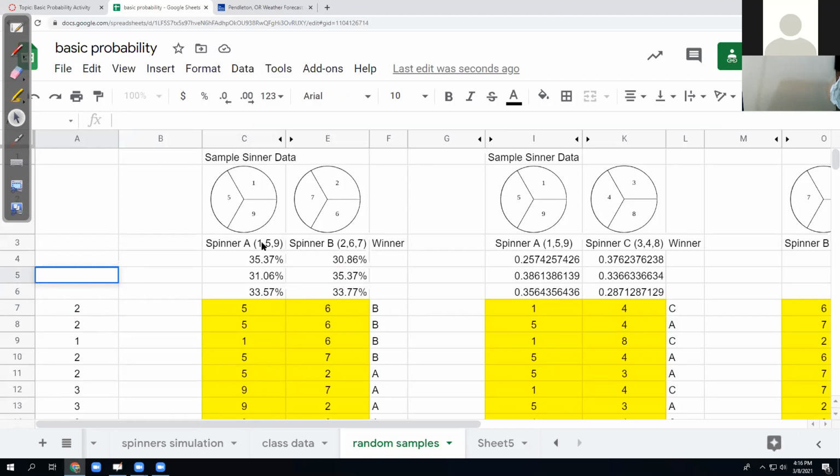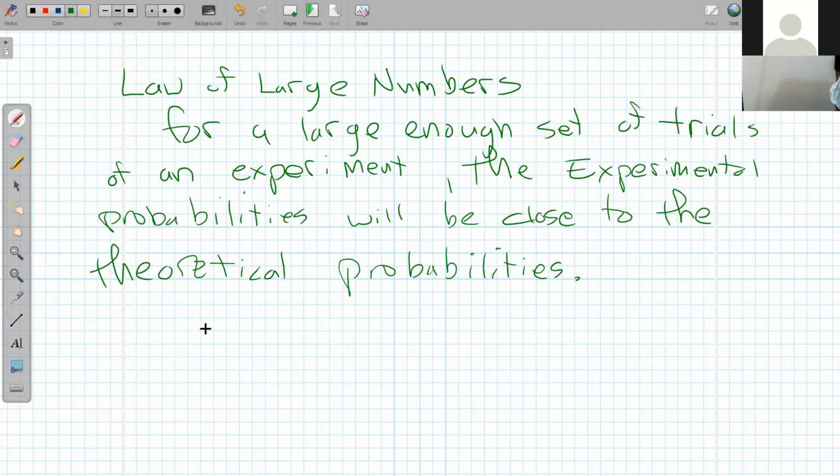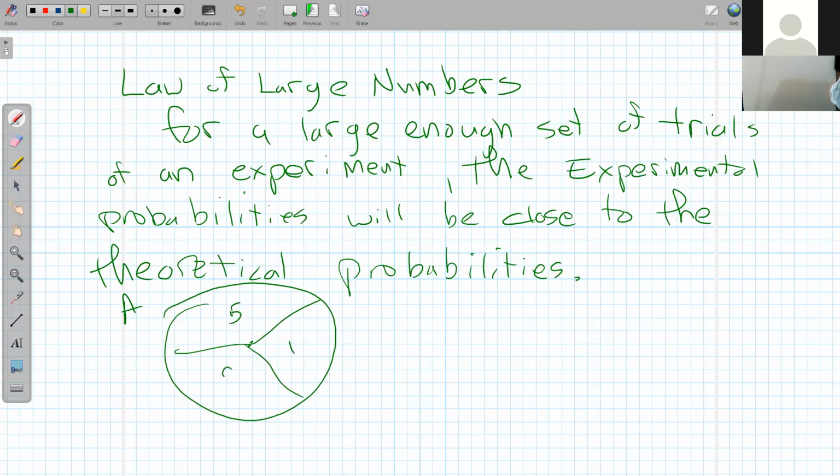Now, the theoretical probability here in my spinner, so let's look at spinner A. So A had a 1, a 5, or a 9. So theoretically, the probability of getting a 1 should be 1/3. Now, experimentally,